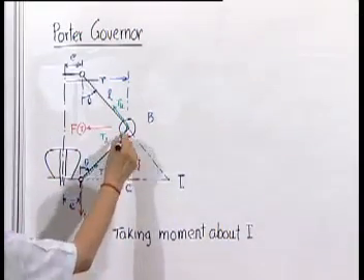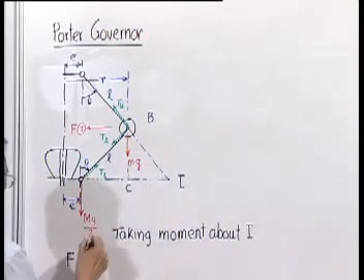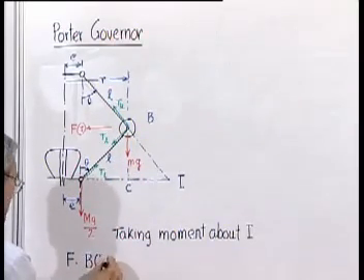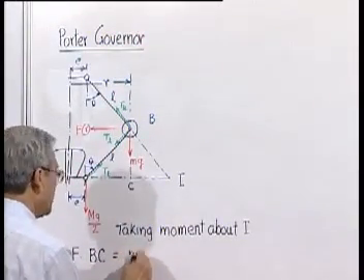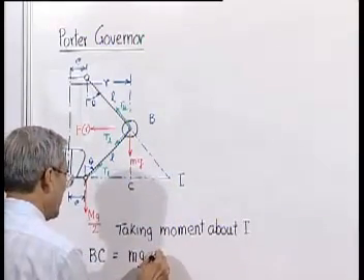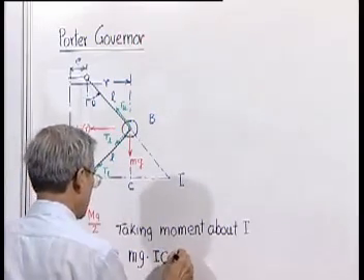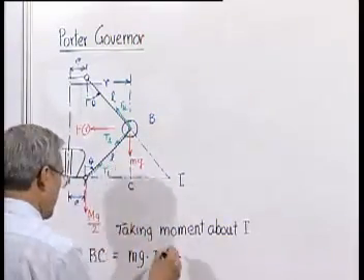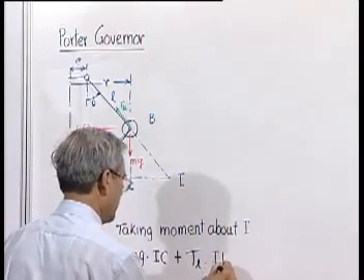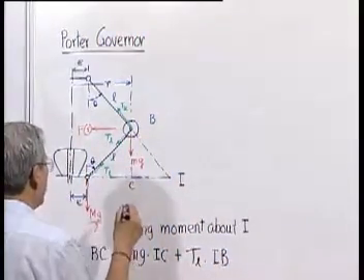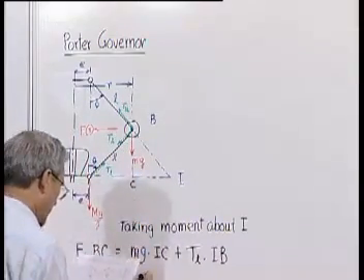F into BC, the perpendicular distance, will be equal to mg. How to find out this? Mg is the force here, and moment about this will be IC plus TL into IB. This is IB, and this is theta. This is theta. That means this angle is 2 theta. So it will be